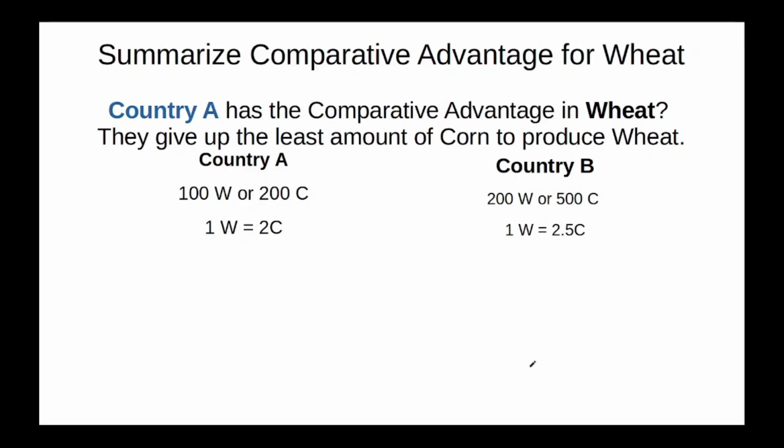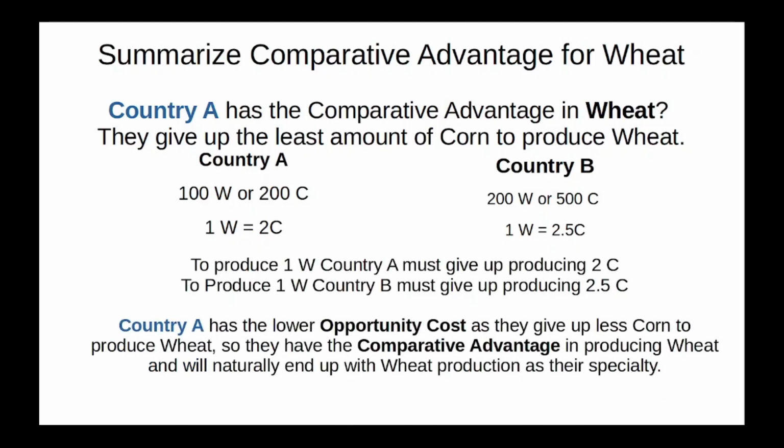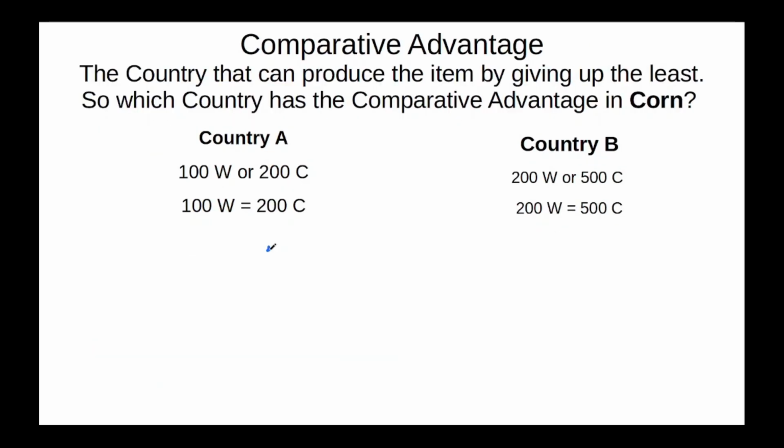So for country A, they have the comparative advantage in wheat. They gave up the least amount of corn to produce that wheat. To produce 1 wheat, country A must give up 2 items of corn. Country B must give up 2.5. Country A has the lower opportunity cost as they give up the least, so they have the comparative advantage in producing wheat, and they will naturally end up doing so. That will end up being their specialty item. So we can do the same thing for